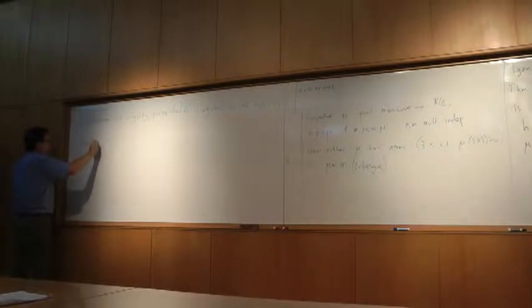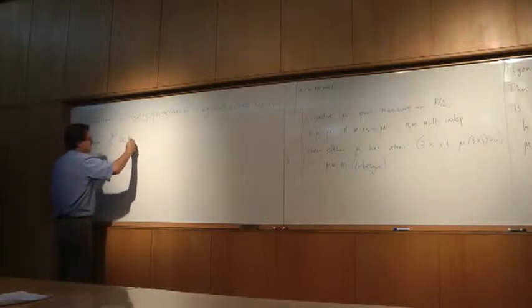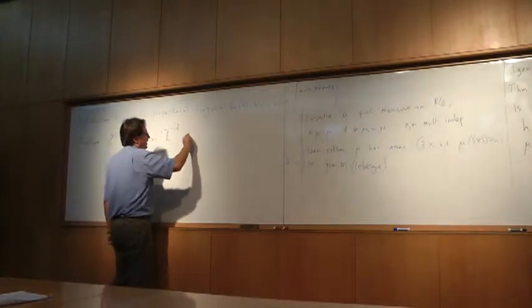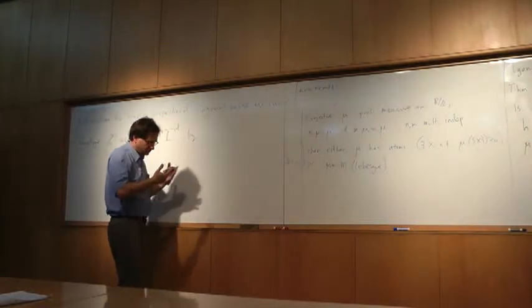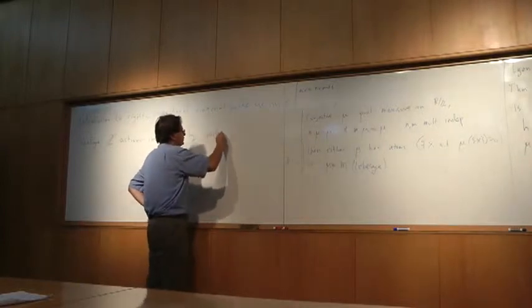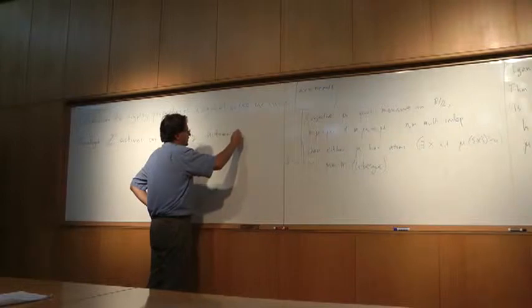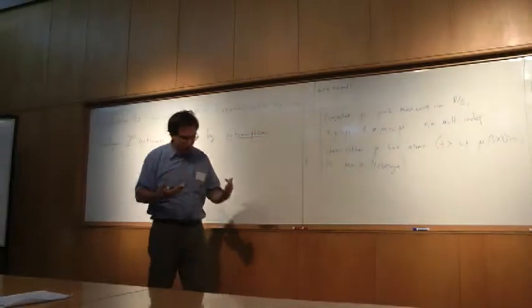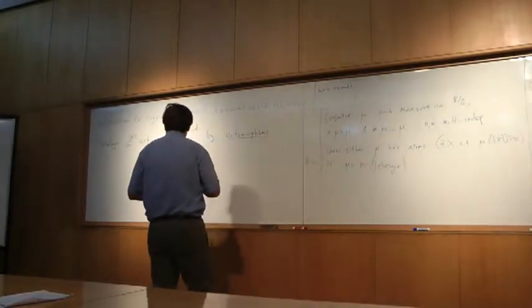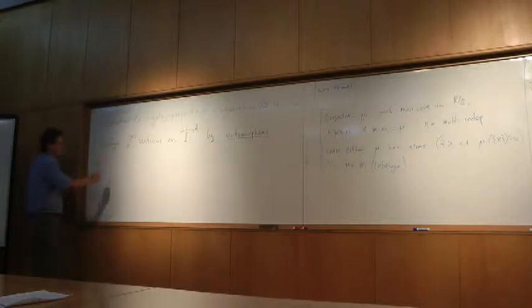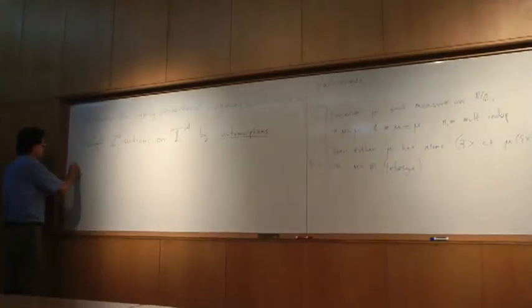Analog: Z^2 actions on a d-dimensional torus by automorphisms. And of course, what is an automorphism of the torus? An automorphism of the torus is given by an integer matrix. So this action will be generated